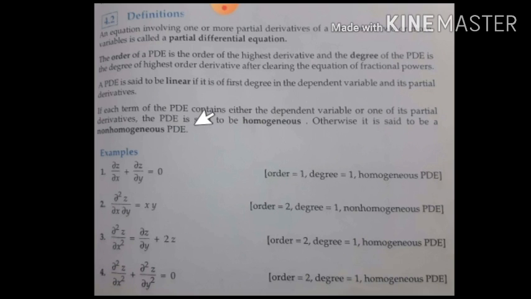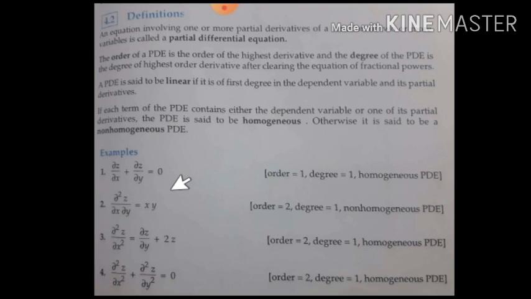non-homogeneous. In ordinary differential equation, if the right hand side of the differential equation is 0, we call it homogeneous. If the right hand side is non-zero, then we call it a non-homogeneous differential equation. But the concept of homogeneous and non-homogeneous in partial differential equation is different. How is it defined? It is defined as